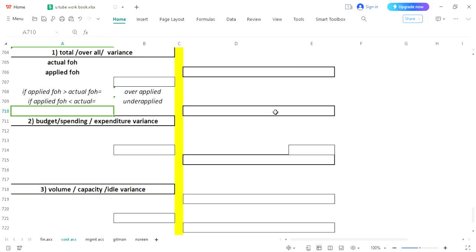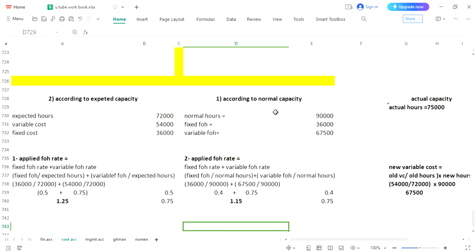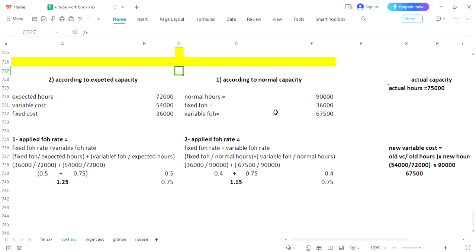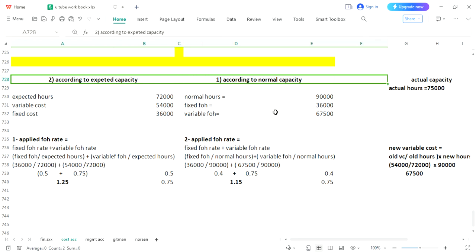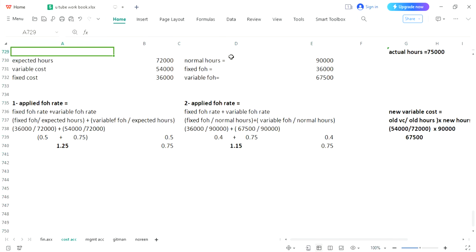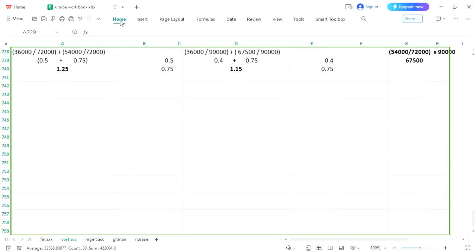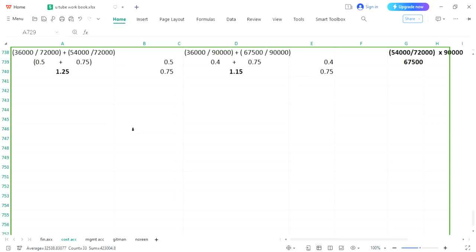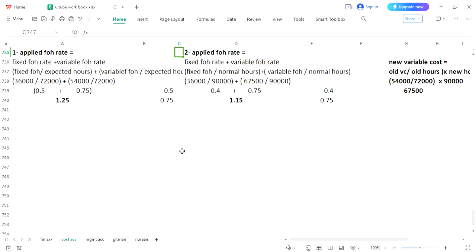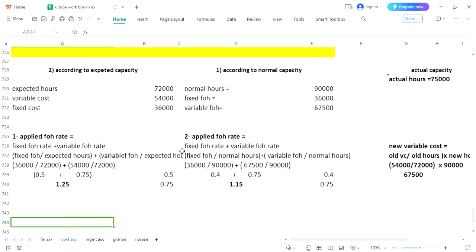We can use the format over here. You can calculate applied FH over here, but instead of here we are going to calculate at this place. Let me change the font size because it is a little smaller and vision is not proper over here, so we can change. I think 16 would be enough. Okay, so up till now we have calculated the rates, and now we are going to complete the third requirement,